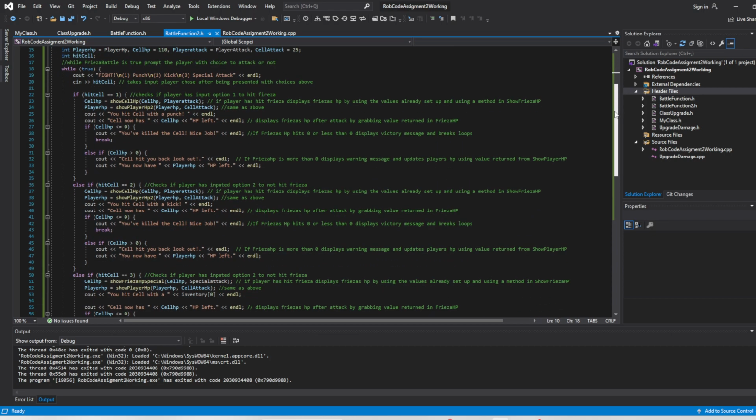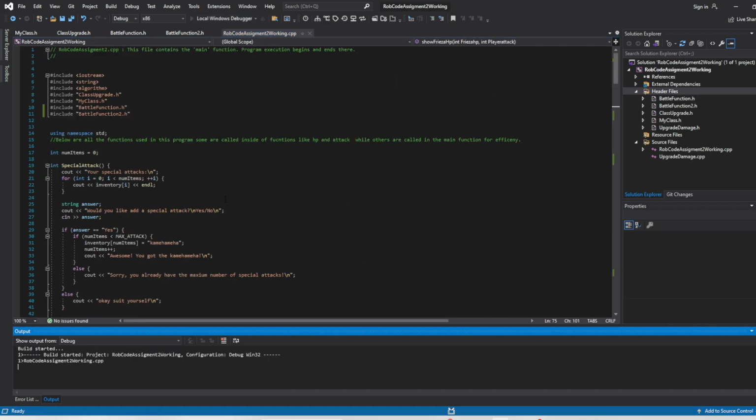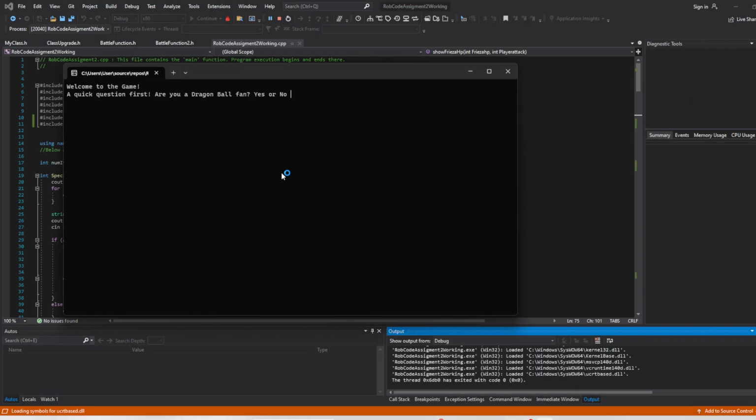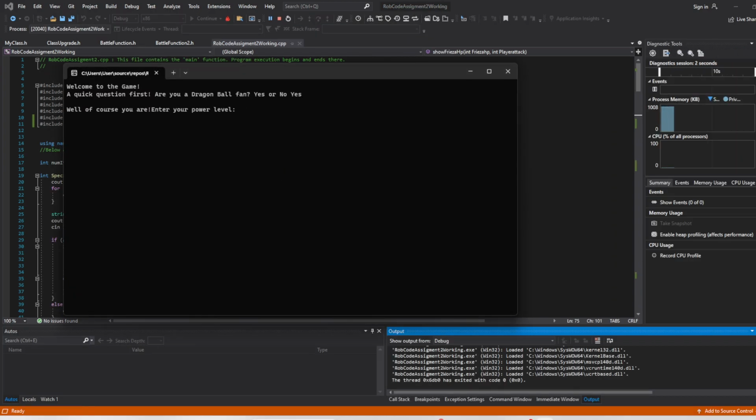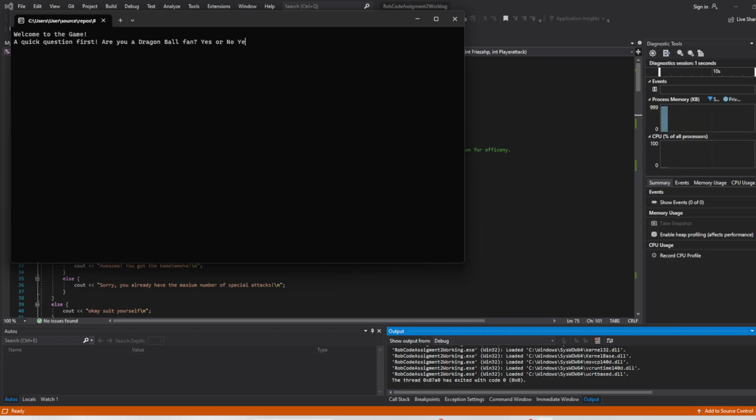Actually, I quickly want to change it in here though. If I change this to inventory 1, just a little bit of testing notice. It says I get a Kamehameha at the end. I want to see if it displays the Galick gun, which should be the second one. So if I just quickly speed through, I didn't mean to do that, but I got to restart it now because you're meant to have 2 attacks. If I quickly speed run my own game,